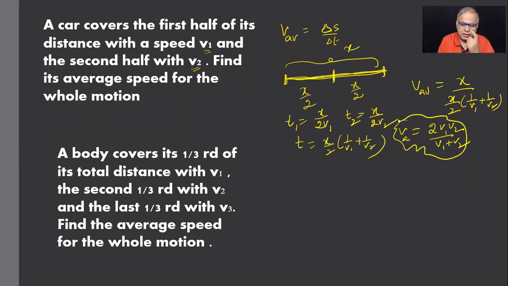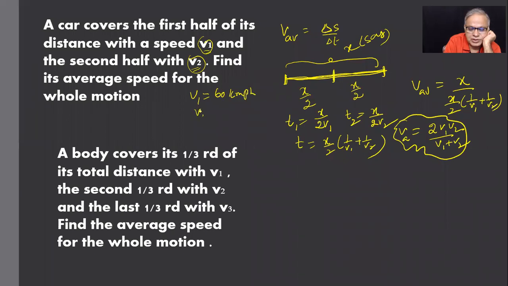You cannot say it is V1 plus V2 by 2. Do you follow that? The basic definition is the distance covered by the time taken. Distance is not given. We are supposing it is x. Now, since this is x already, if I find the time in terms of x and follow the basic definition of total displacement by total time, I'll be getting my answer in terms of what is given, V1 and V2, for example. In case, say V1 equals 60 km per hour